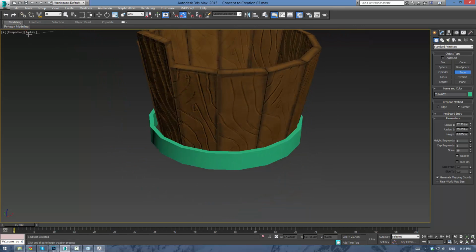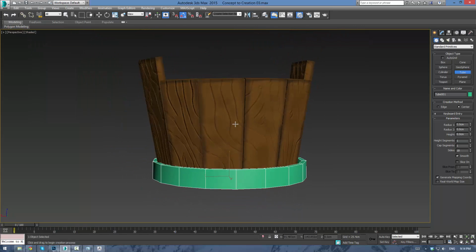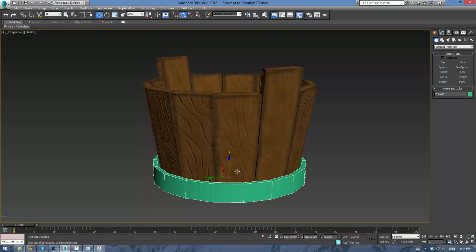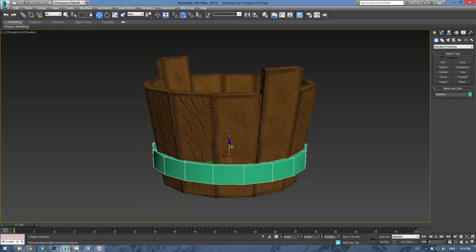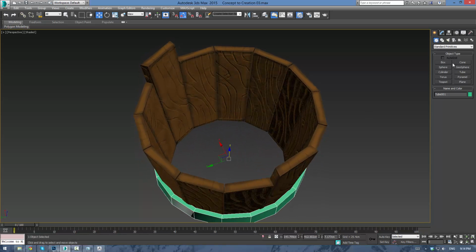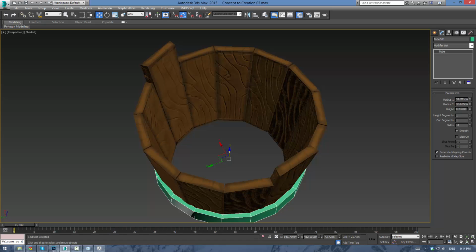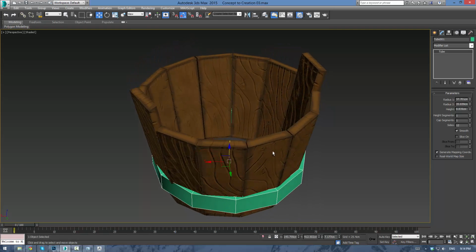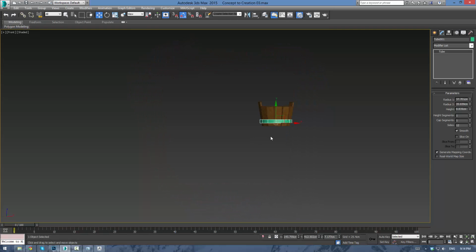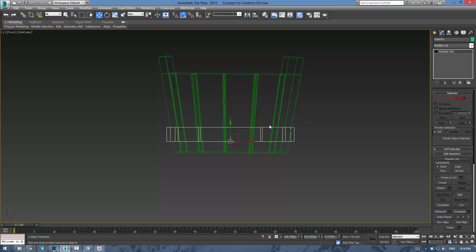Let's see what we've done with that. Let's change this to shaded so it stops bugging us. There we go. And so this will be sort of the iron ring on the outside of our block here. That looks about right. Go into our front view, F3, and